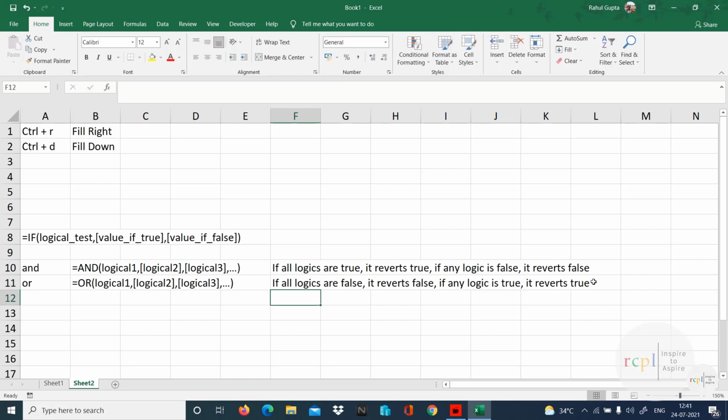So in case of OR, if I give an example, for example, either you have a sports quota or you must have got 80% in your 12th, then only you are going to admit it to the college. So a person who is having sports quota and got 50%, they are admitted. A student who have got 80%, no sports quota, admitted. But a student who has 79% and no sports quota, not admitted. Because both of the conditions are false now. So in this case, whatever they have told, in this case, we have to use AND function.